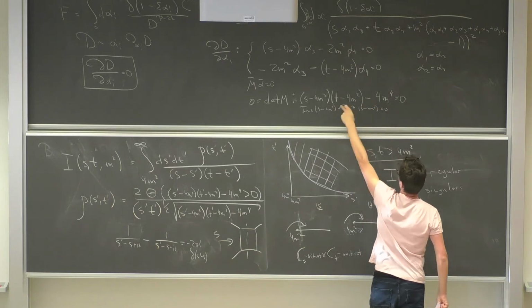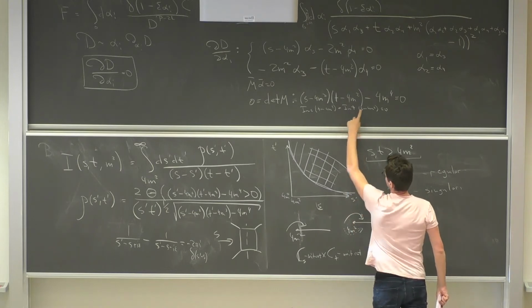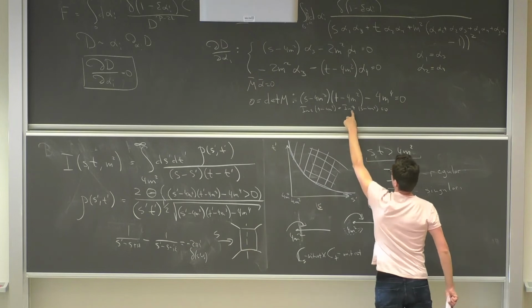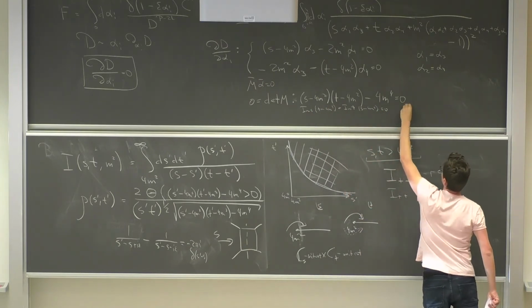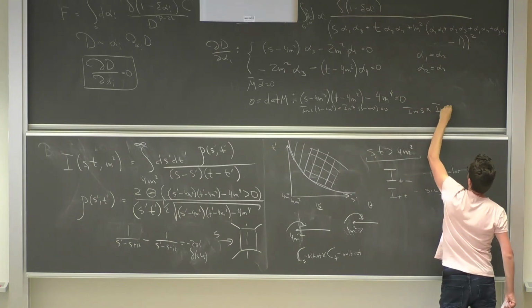I'm just taking the imaginary part of this equation. Since S and T are both positive on the Landau surface, the imaginary part of T and the imaginary part of S have to be of opposite sign. So the Landau surface, if we think of this as a complex surface,